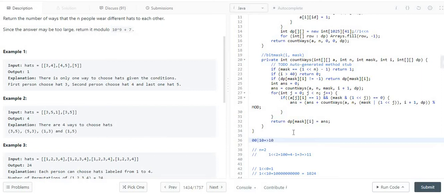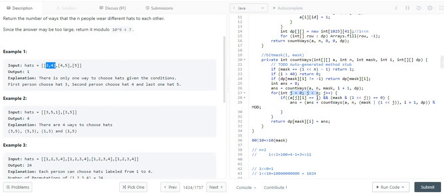It would be like 1 0, so in my mask, this will be my updated mask value. So my second person will be having a hat now. That's why this or operation is performed, and finally I have to compute my answer modulo. This way it will be checking for different types of hats for the particular person.